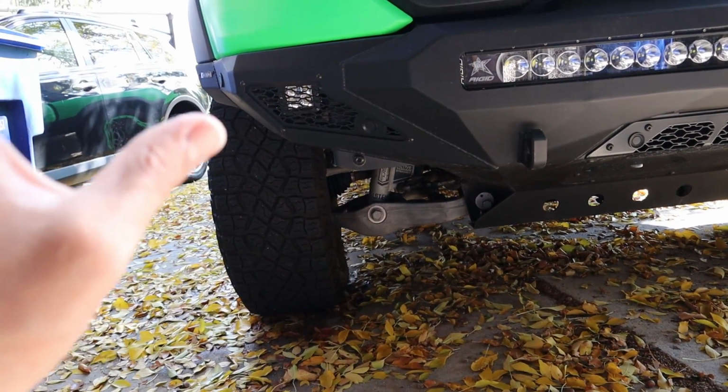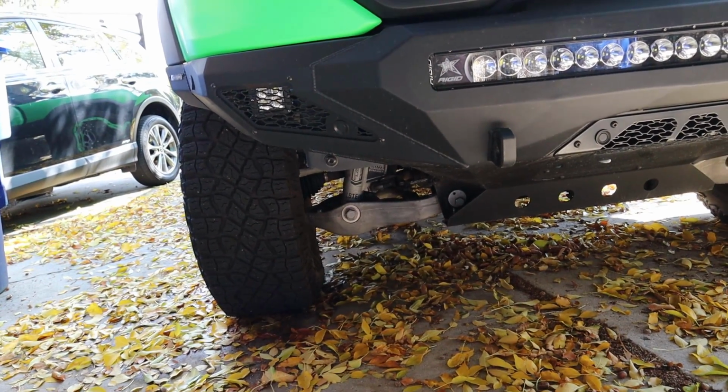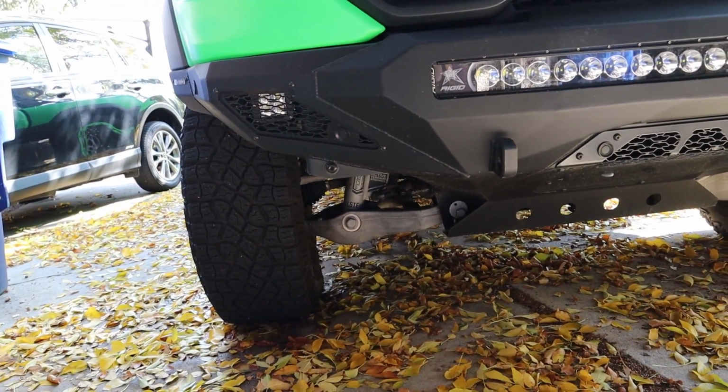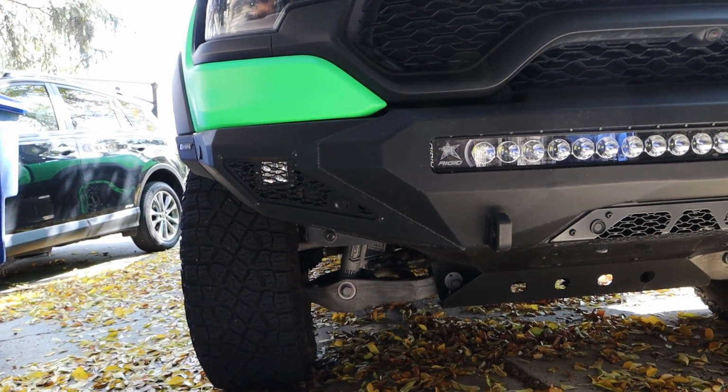I love these shocks. They have all of the performance that I could ever ask for, but I'm just thinking for content, maybe try it out. I don't know. But the thing that I really want to see is long travel from Bilstein, and then I will be all about that. I will be the first customer, Bilstein, if you're watching this, because that would be the coolest